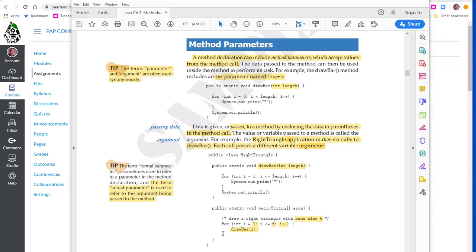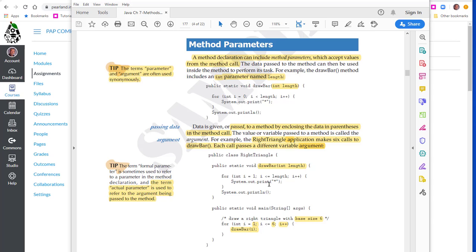So if we look down to the bottom here where the main method is, is drawBar(i). So it's a little unusual, but we're going to see it quite a bit, where i from the for loop, remember we use int i equals 1 to get started because we need 1. And we're going to go through 6 and increment by 1 each time with i++. drawBar(i) is actually the method call up to the drawBar method, and it passes the length as i, and i becomes the number of asterisks or stars that are printed